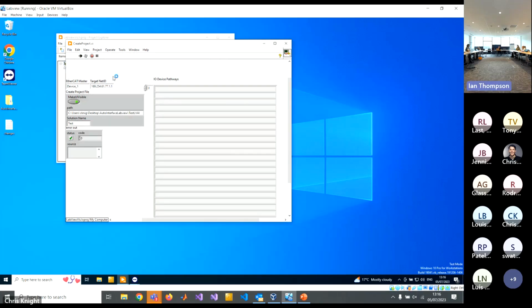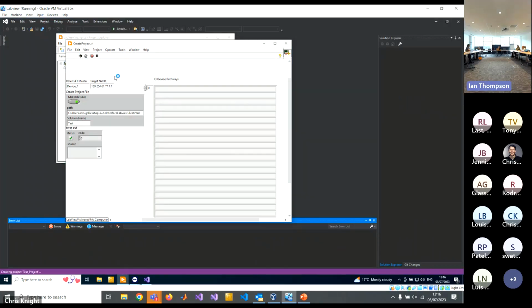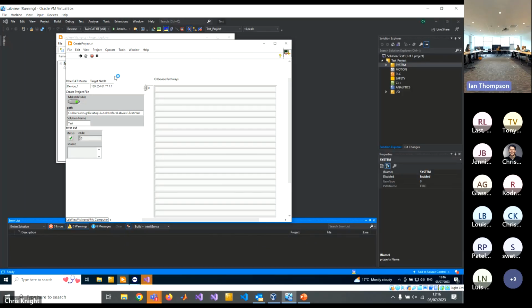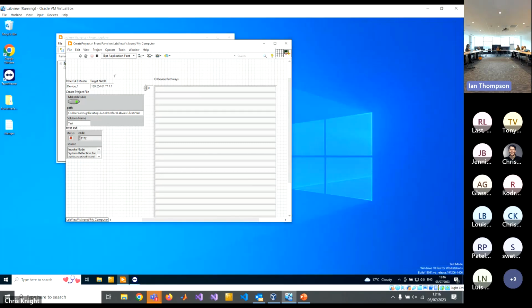hopefully, if this doesn't all fall over very quickly, what should happen is Visual Studio pop up. You can see the TwinCAT project then appearing on the right. And what it will then hopefully go and do, if it doesn't fail like it does,